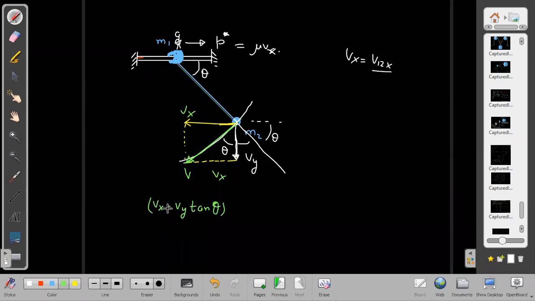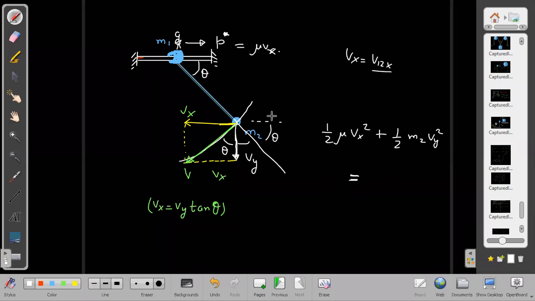We know Vx is the relative velocity, and we can write the total kinetic energy. After this, we can start solving it normally, the way we do it. Kinetic energy I can write as half mu, the reduced mass, into Vx square, plus half into M2 into Vy square, since M2 has an additional vertical component Vy. Is equal to what?